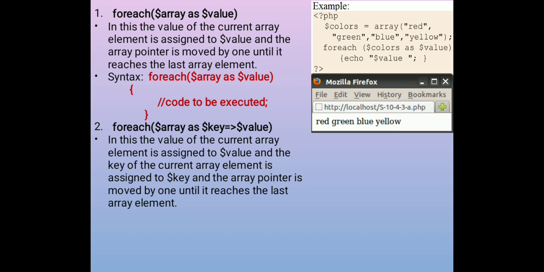In this type, for every loop iteration, the value of the current array element is assigned to the $value, same as the above foreach loop, and the key of the current array element is assigned to the $key. In the first case, the current array element is assigned to the $value, and the array pointer moves one by one. In this case, the current array element is assigned to the $value, and the key of the current array element is assigned to the $key,